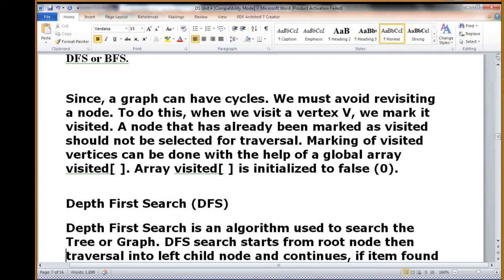That means we will take a global array, one more array. Whatever nodes we are visiting, we will record in that visited array, so that every time we check whether it has been added to the visited array or not. We initialize it to false. If it is visited, true; if not, 0. So we follow true and false, 0 and 1, and then we identify.